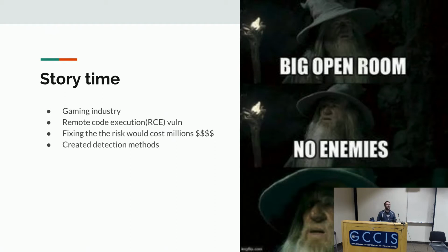That was the decision. We can't update to the new version that would fix the vulnerability because it costs millions of dollars and would break too many things. So what that team did at that point is they said, okay, we know what the attack looks like, and they created detection methods to detect every time the attackers use that vulnerability. It's not a perfect solution, but given the decisions they were given, that's what they implemented. So just because you were given a bad answer doesn't mean you should just give up. Think of other ways that you can protect your business.